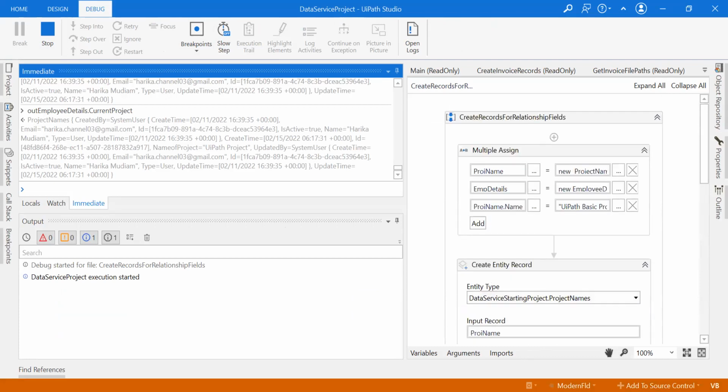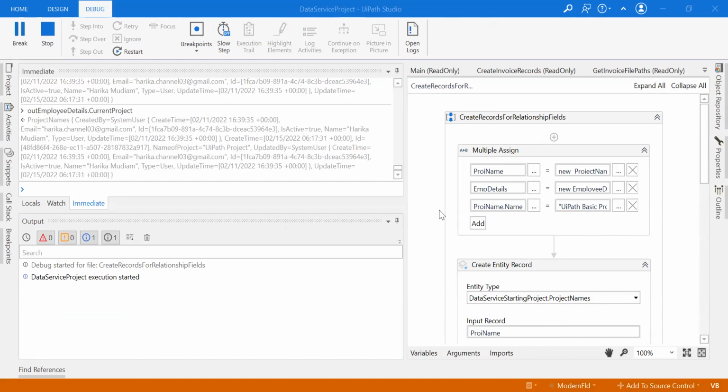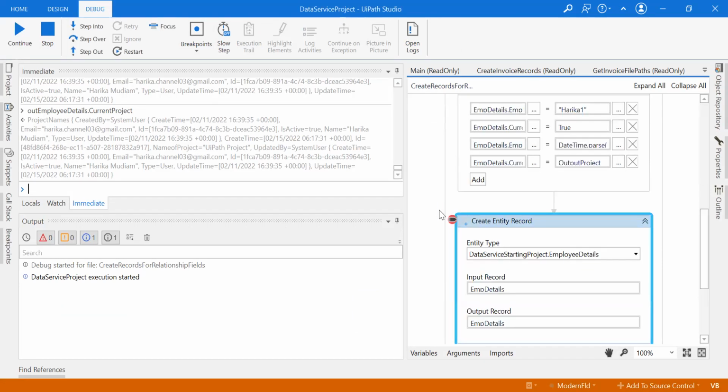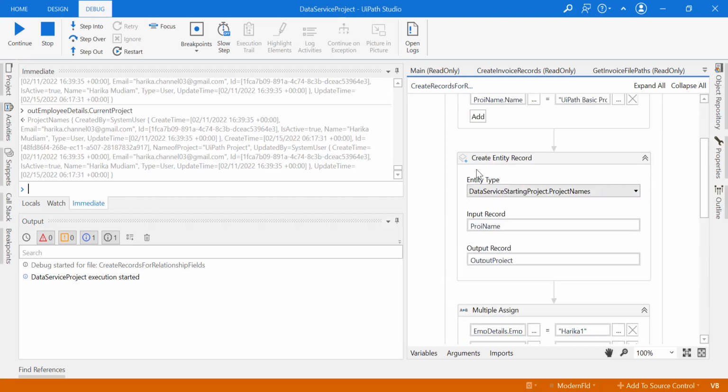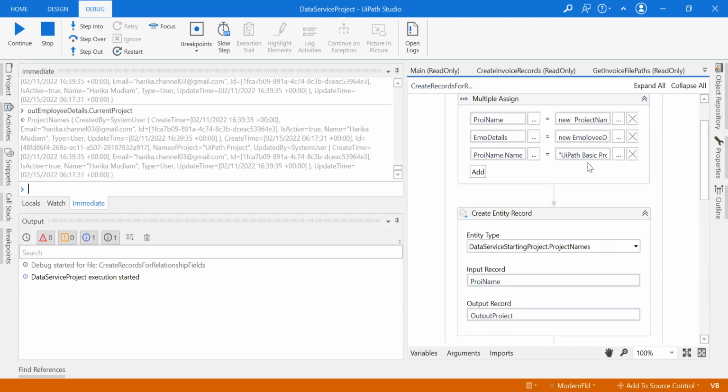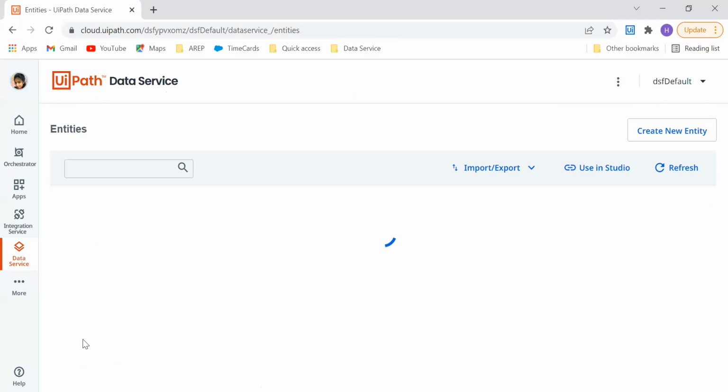The process has started execution. Okay. Now we are here, right? So the first entity got created, which is UiPath basic project, right? So if I go to my projects, entity, project names,